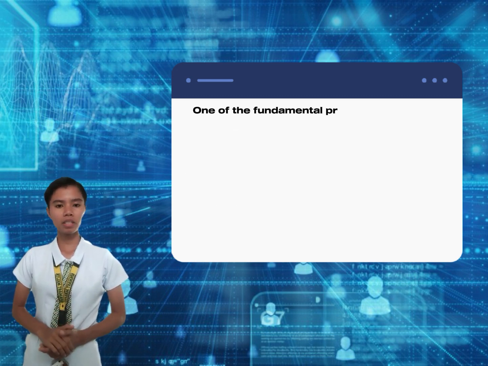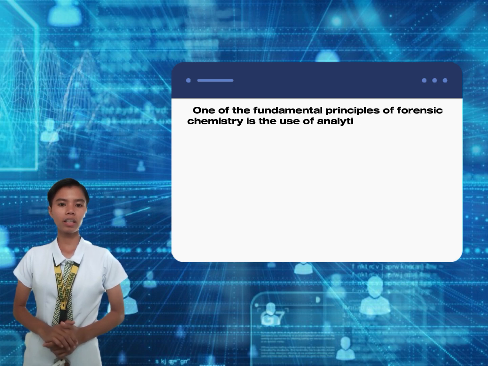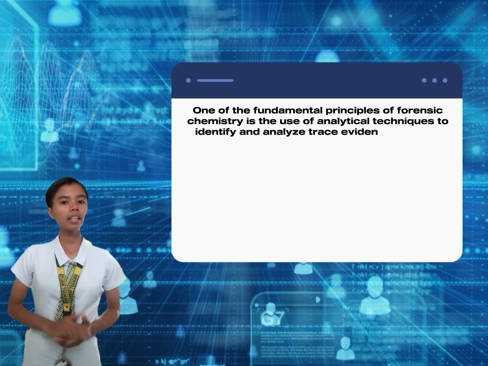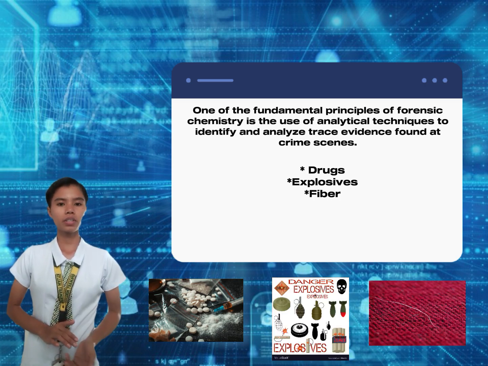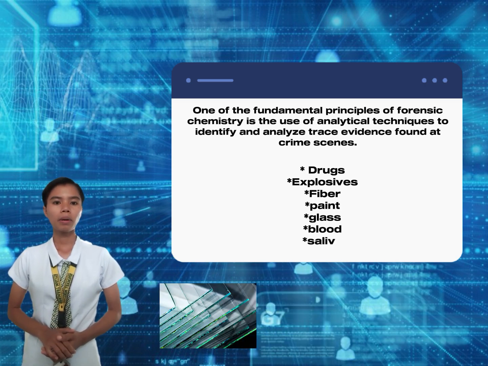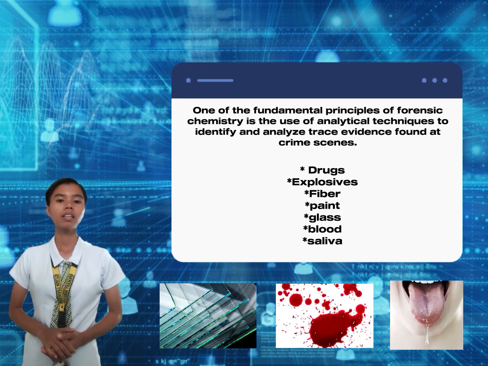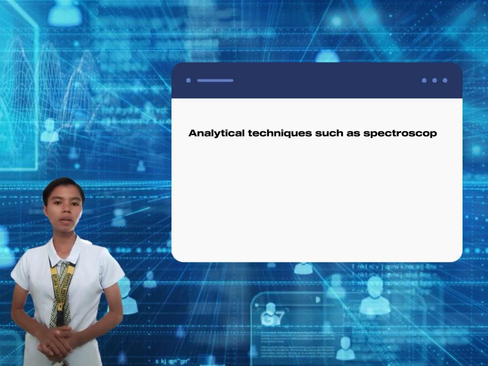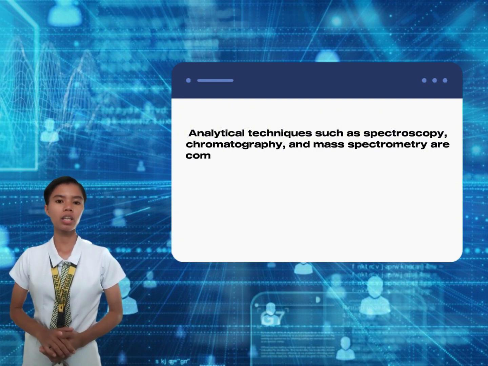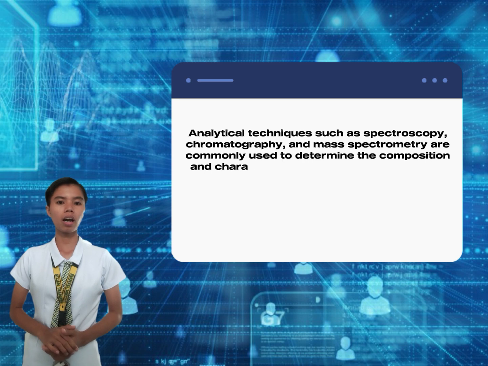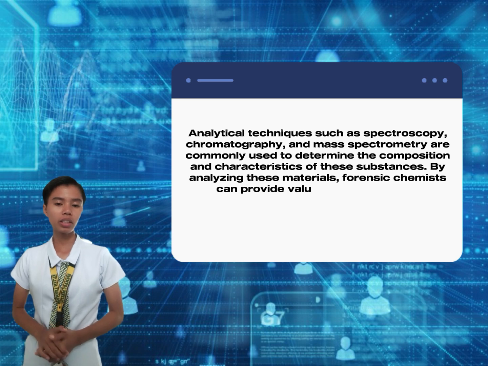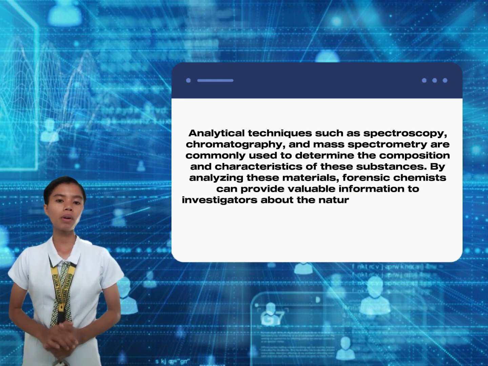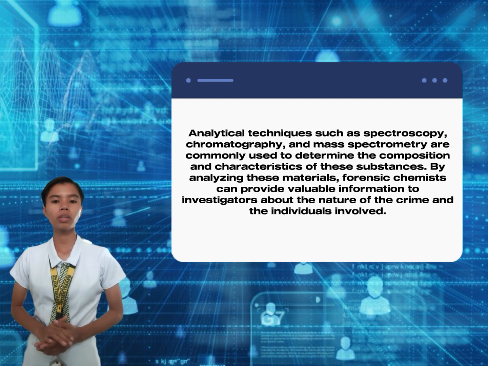One of the fundamental principles of forensic chemistry is the use of analytical techniques to identify and analyze trace evidence found at the crime scene. These include substances like drugs, explosives, fibers, paint, glass, and biological fluids like blood and saliva. Analytical techniques such as spectroscopy, chromatography, and mass spectrometry are commonly used to determine the composition and characteristics of these substances. By analyzing these materials, forensic chemists can provide valuable information to investigators about the nature of the crime and